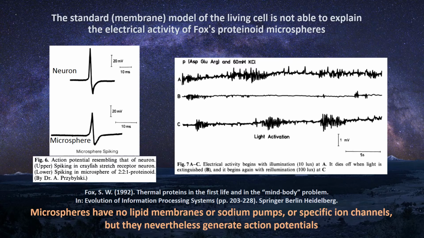Fox's microspheres are a well-studied example of protocell. There are two action potentials on the left. The top is recorded with a live neuron, the lower with a microsphere. The differences between these records are insignificant, and it is surprising because according to the Hodgkin-Huxley model, generation of action